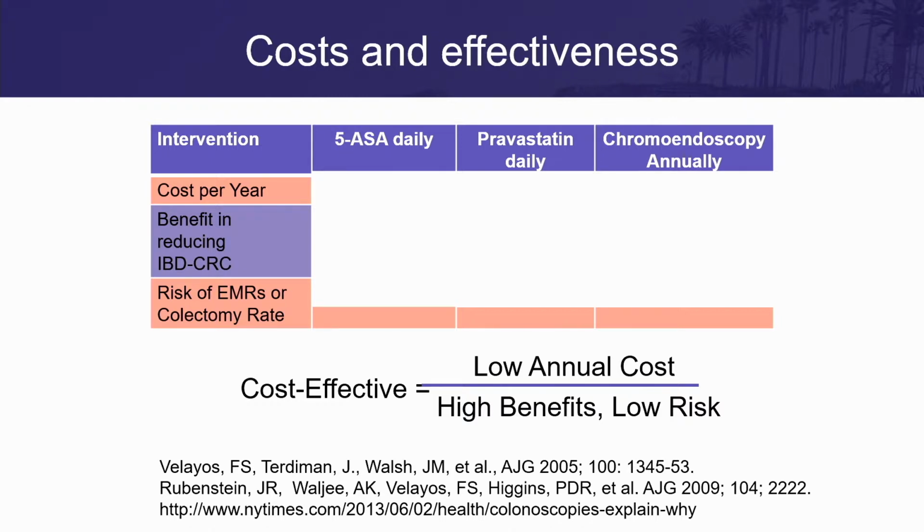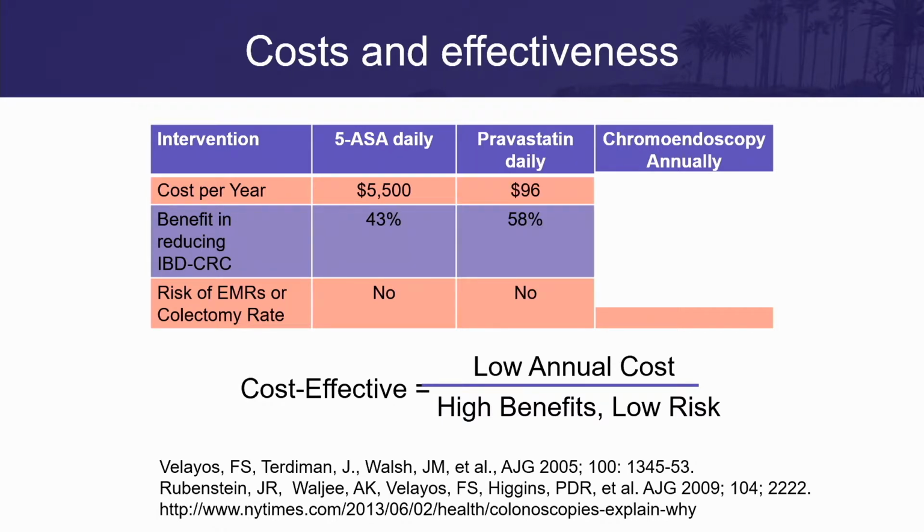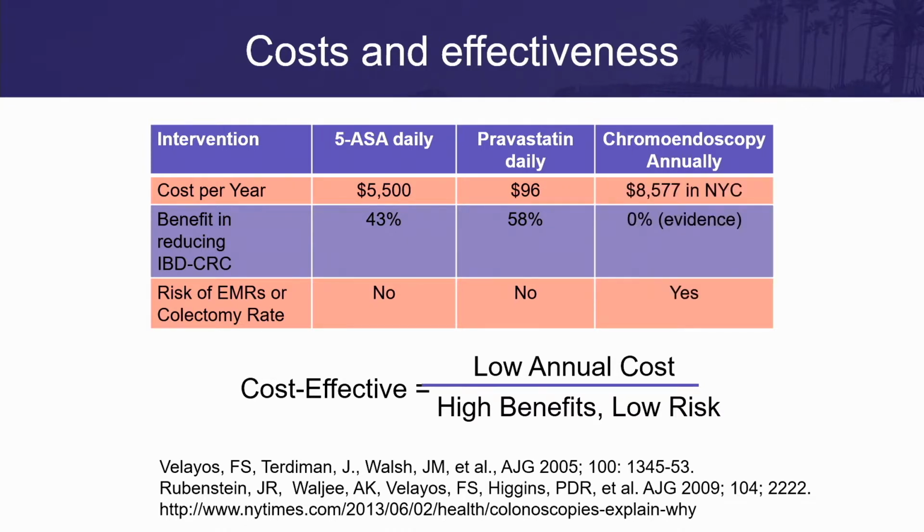If it's cost effective, you want low annual cost, high benefits, and low risk. 5-ASAs, about $5,000 per year. Estimated benefit, about 43% from one meta-analysis. No risks from the colectomy. Pravastatin, if you're going to pick a generic statin, about $96 a year. Estimated benefit of 58% reduction. Again, relatively low cost. And chromoendoscopy, taking an example from Mount Sinai, about $8,600 a year. No evidence that it reduces CRC, and a lot of risk and cost from EMRs and potential colectomies that are